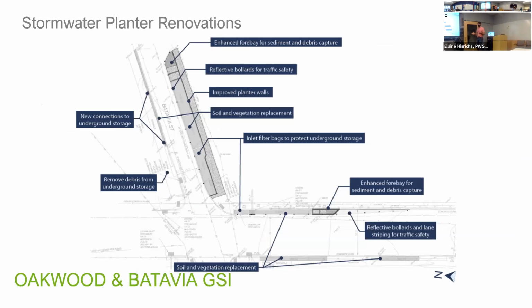So once we're able to address and utilize both the seep and the landslide, then we look at our options for renovating the existing stormwater planters on Haverhill or at Oakwood Batavia. Generally, we're sticking with the overall layout of the system. We're just trying to renovate it, but we're really focusing particularly on the front ends, the capture points, where the flow enters here at the Oakwood planter and there at the Batavia planter, enhancing